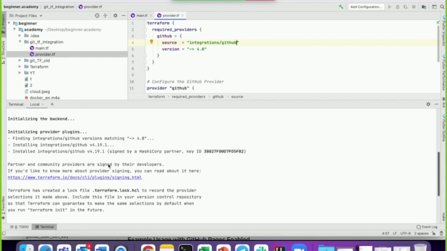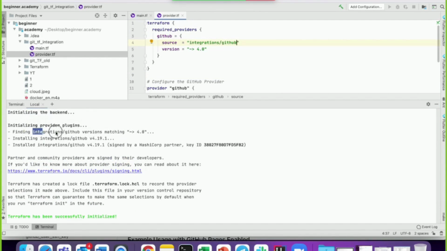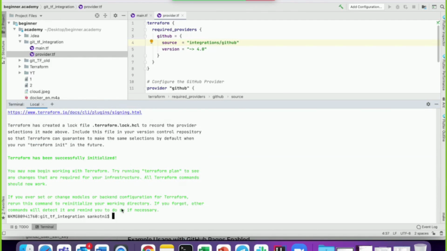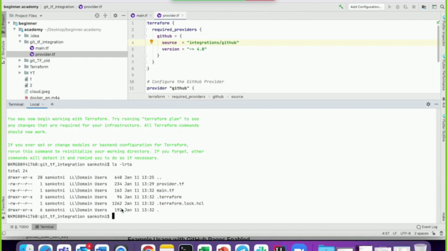You can see over here, GitHub integration, it has pulled it. It has installed all these files into my local. You can see now .terraform it has created and the Terraform lock file it has created.